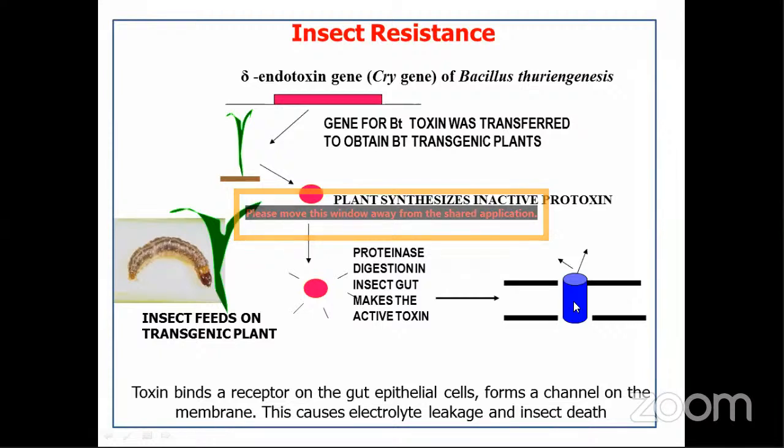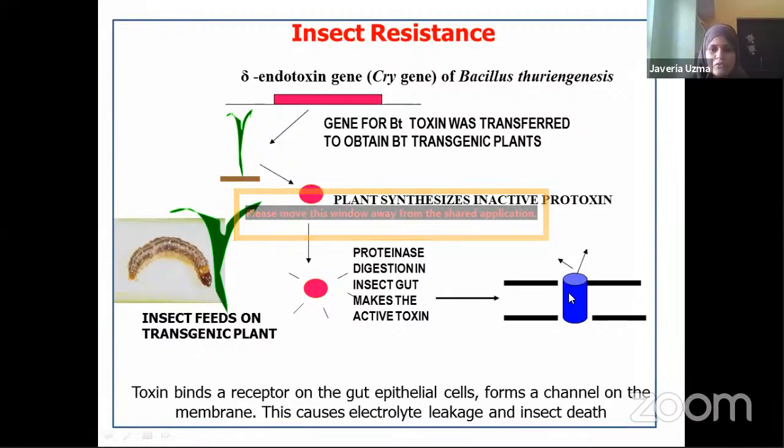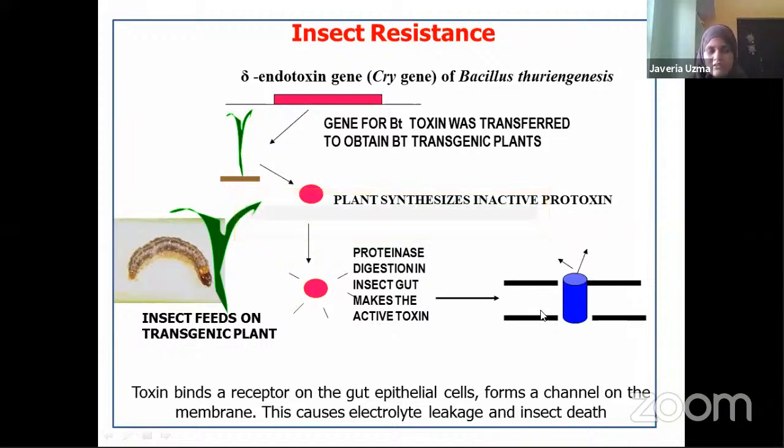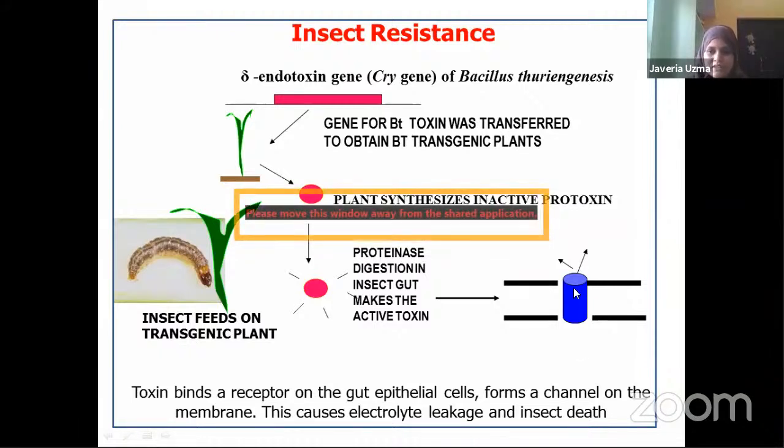Sir. So this protein goes and attaches to the cell membrane of insects. To all the cell membranes, it will go and attach. It will create a pore here. Through this pore, all the electrolytes of the cells leak. Whatever electrolytes are present inside the cytoplasm of the cell, they will leak,